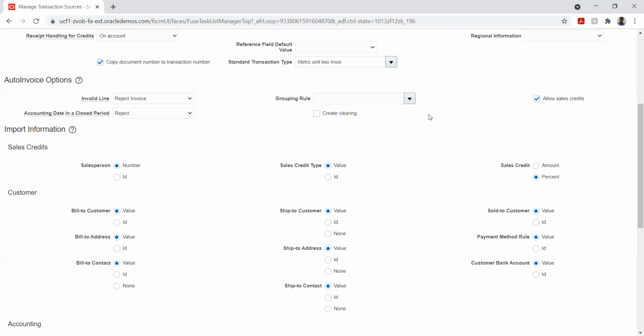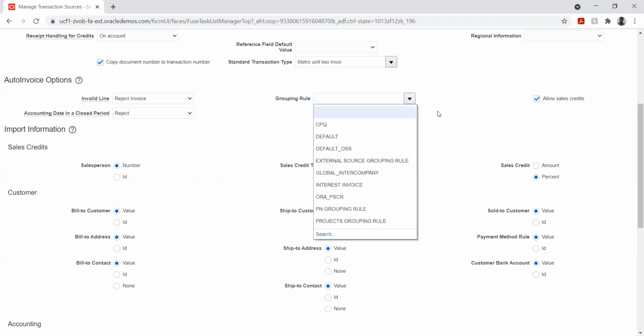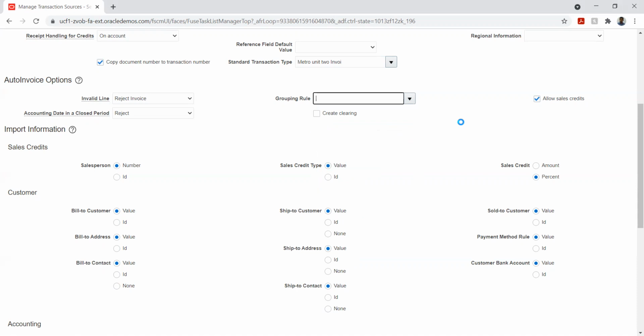Okay, and then we have a grouping rule. So grouping rule is nothing but, we have two things. One is the grouping rule, another one